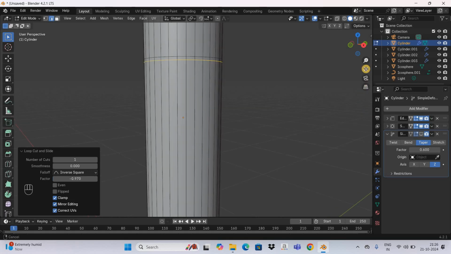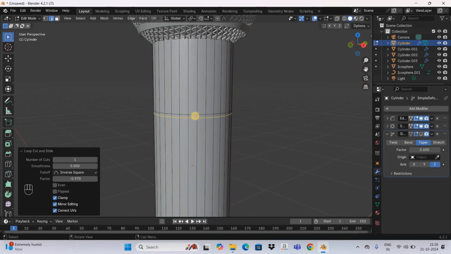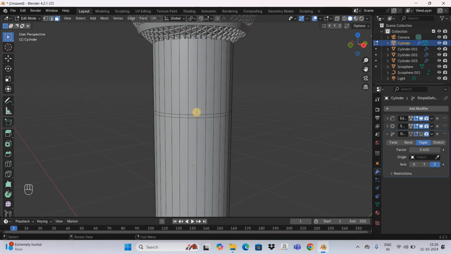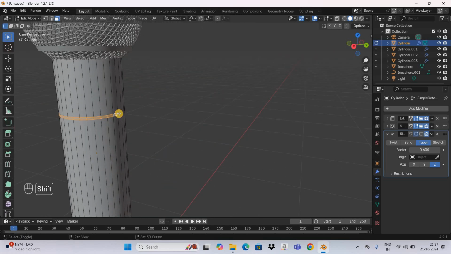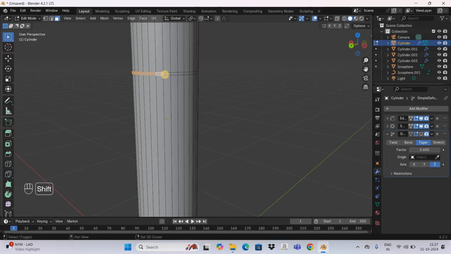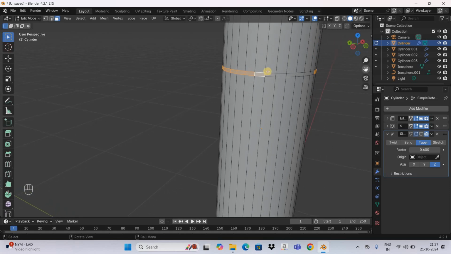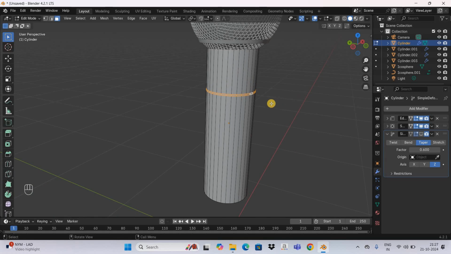And what you need to do next is you need to select the faces inside both these cuts. So select the face selection mode and now start selecting the faces inside both these cuts. So it may take some time, but that's all right. All right. Now that we are done selecting the faces inside the two cuts, what you need to do next